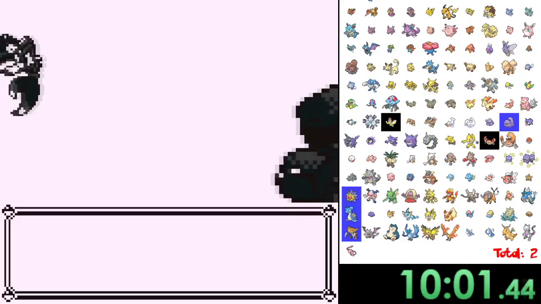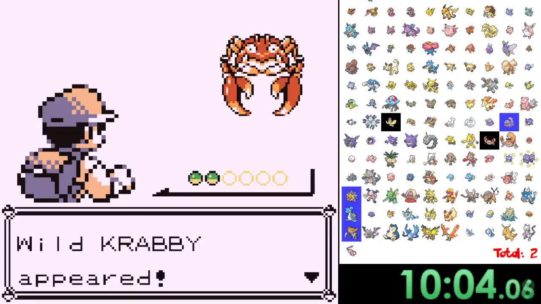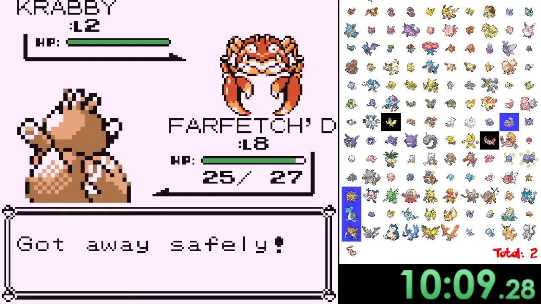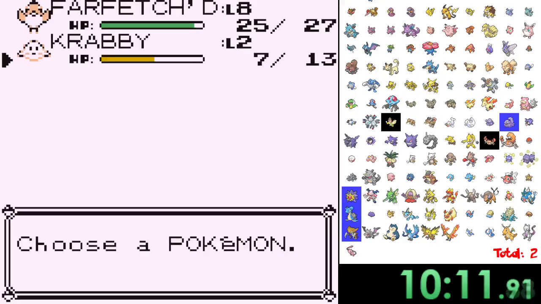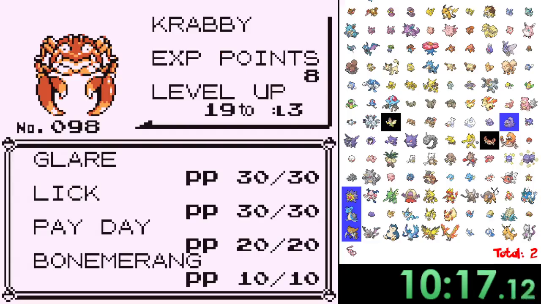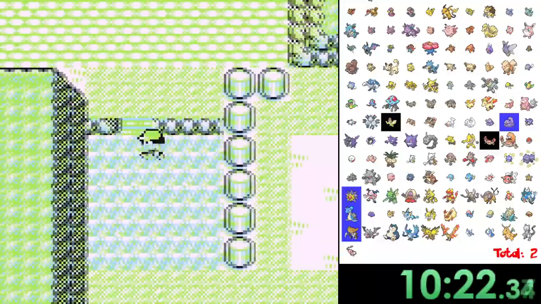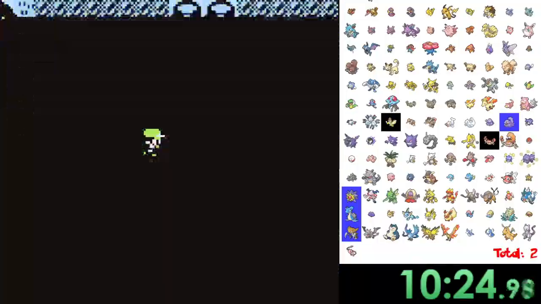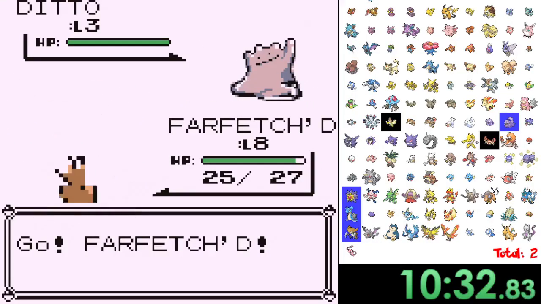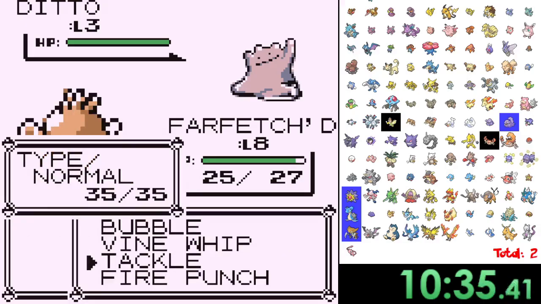But one of the big things too is the movesets of Pokemon. As I did say, every Pokemon has a completely unique level up moveset. So what do we got? Boomerang, Payday, Lick, and Glare. So what I will be doing for a lot of these Pokemon, I am going to be looking for useful moves right off the bat. Like even Ditto here will have 4 unique moves. But the gimmick again is the level ups are based on...